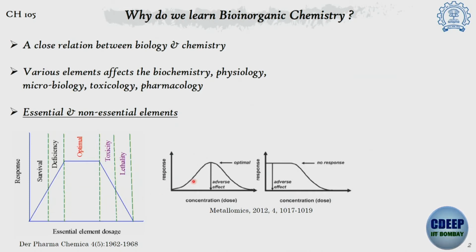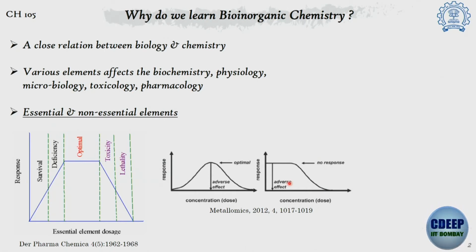So this kind of bell curve is a signature for an essential element, whereas the non-essential elements never have any positive effect. They start from this response level over here that never goes up, which means at lower concentration they don't even interact with biology. But if you go to higher concentration, they start putting a negative effect, and that is called the non-essential element. So that can only be poison or toxic to biology, but never has a positive effect.